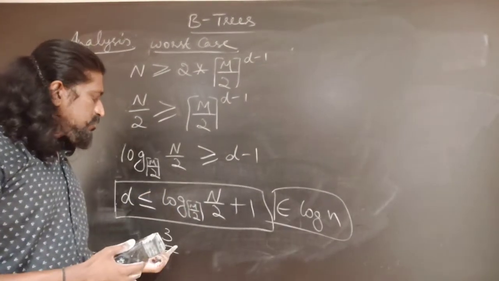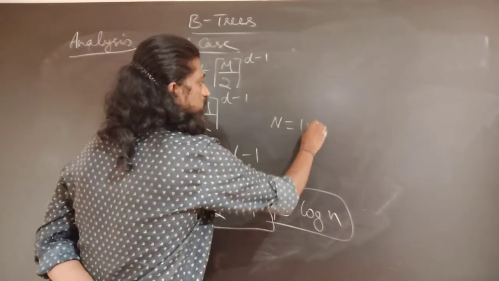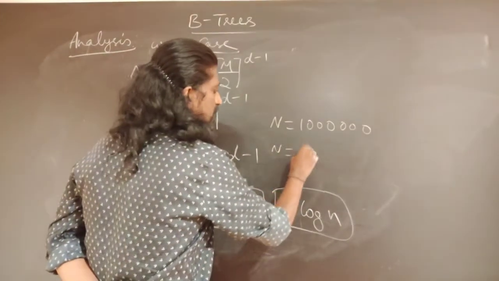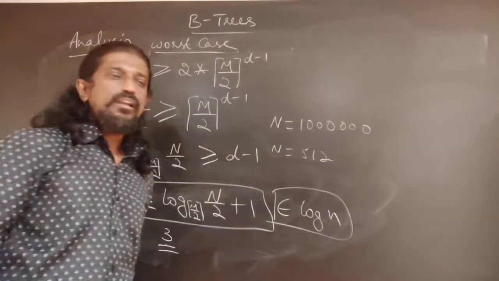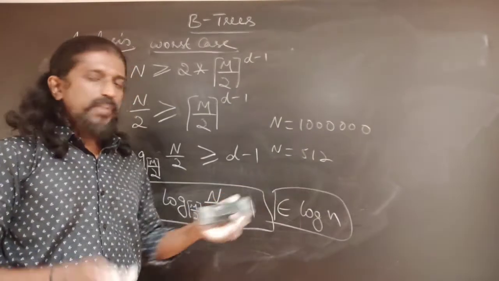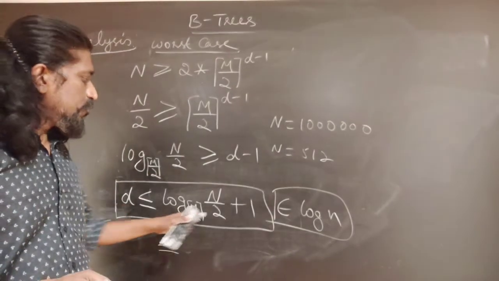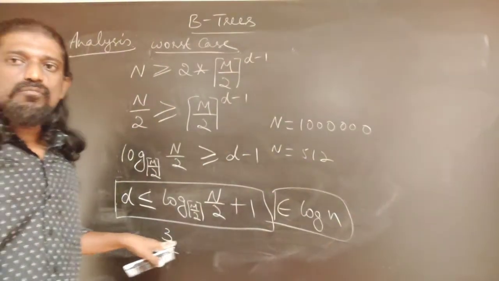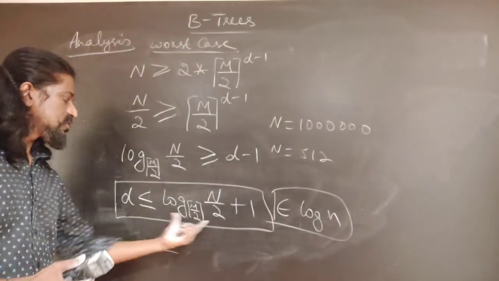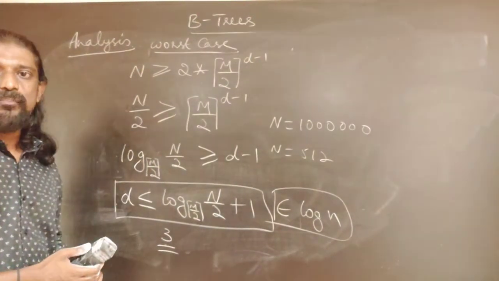So you can substitute the number of keys as 1 million or 10 million, and the order of the B tree as say 512 or something like that, and check for yourself. You will find that even for this many keys, packing 512 keys in a node is not a very big number with respect to B trees. So it will be just some 3 or 4 levels, and the number of seeks will be reduced to only so much. So this efficiency is still good as a file structure for B tree.